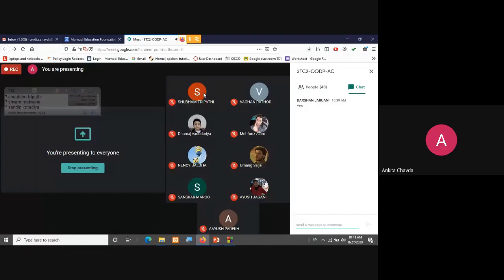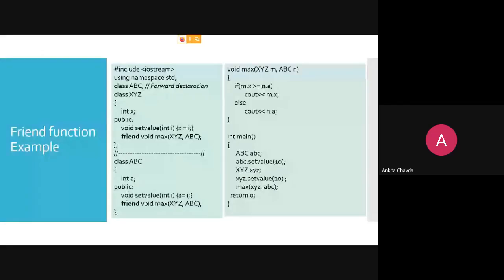This is just for revision purposes. Anyone who can say why this forward declaration is required? Fine. So I'll explain it.